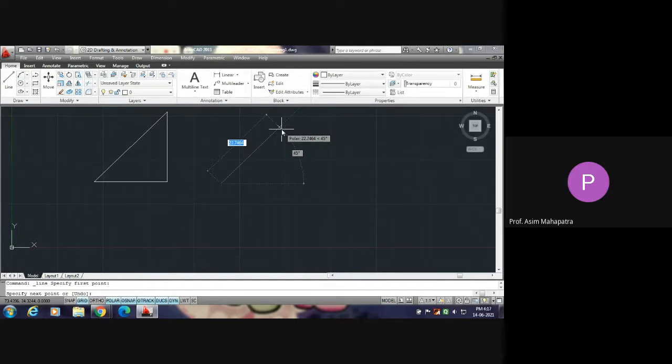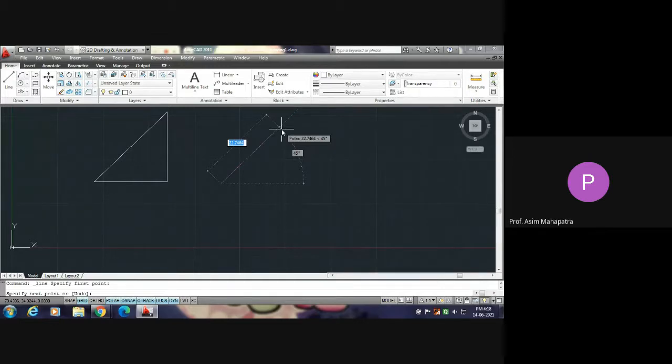Then you have to take the help of polar format. In polar format, the input value is length less than angle, r less than theta. This less than stands for angle or polar format.